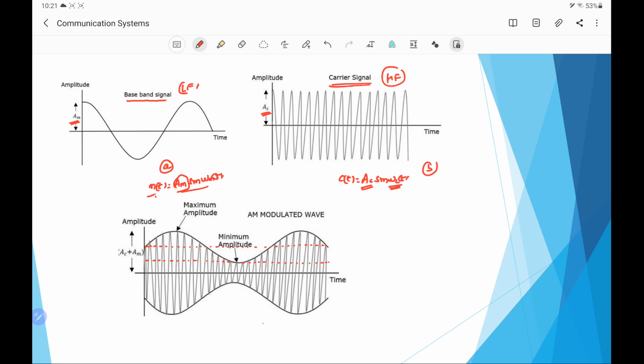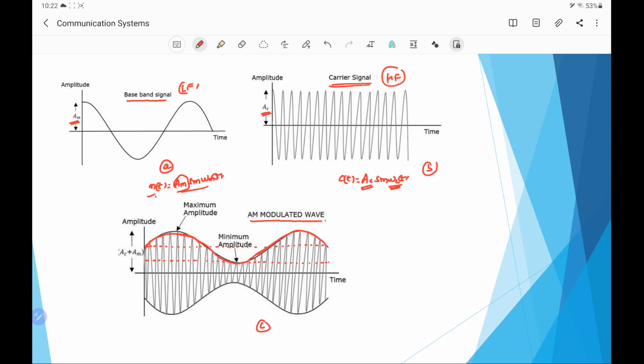And the third graph is the amplitude modulated wave. In this amplitude modulated wave, the characteristic of the carrier wave which is varied is the amplitude, varied in accordance with the message signal or the baseband signal. Here this is the variation of the amplitude modulated wave, in which the carrier wave amplitude is varied as per the modulating signal, and the maximum amplitude